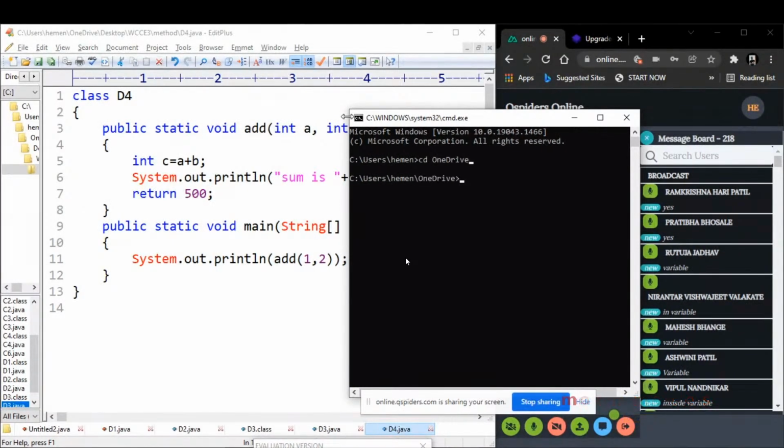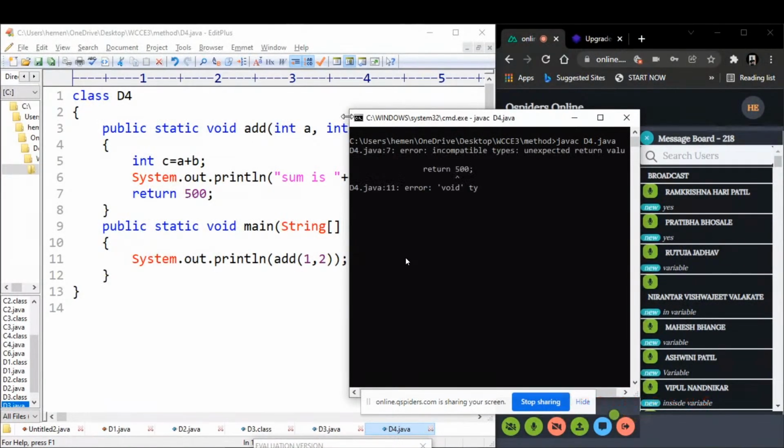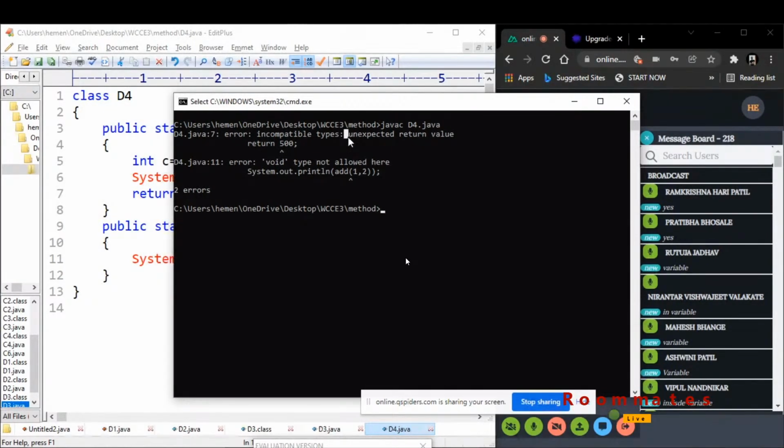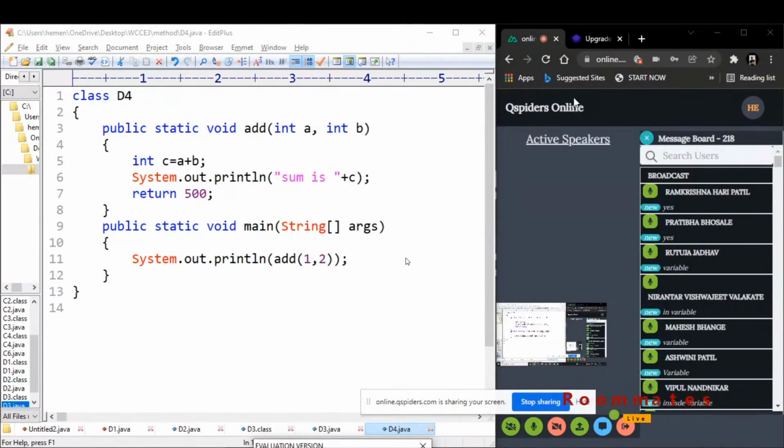CD OneDrive, CD desktop, CD WCC, CD methods. You are in the methods, yes. javac D4.java. You can see, nice, beautiful thing you will get. What is it giving? It is giving unexpected return value. Void type not allowed here, which means that if you